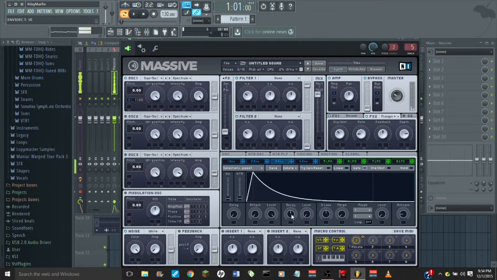Okay, now the other thing we need to do is bring our decay down. That'll affect the time as well. Now you see that it actually slid very quickly. So that even kind of sounds like a horn or something being blown, like an air horn or something. So yeah, honestly, you can tweak so many different things in Massive, and